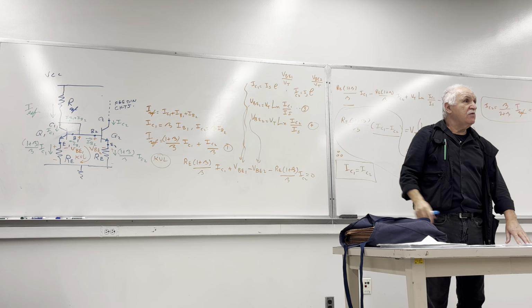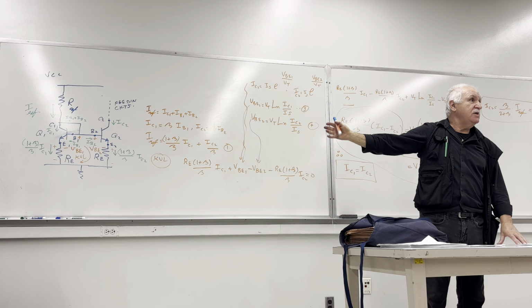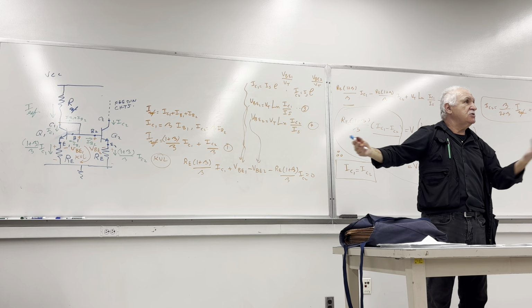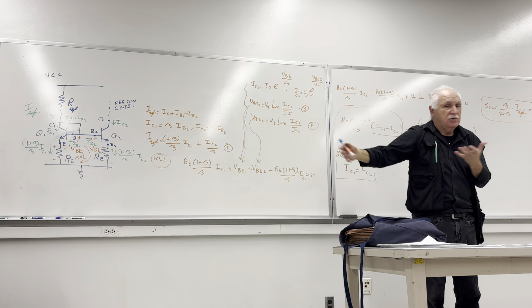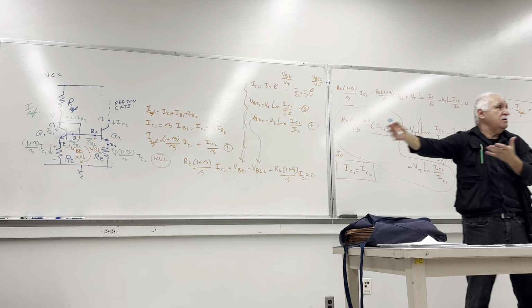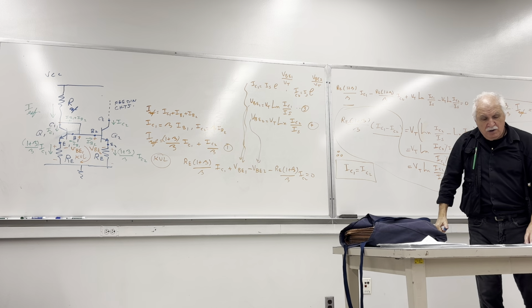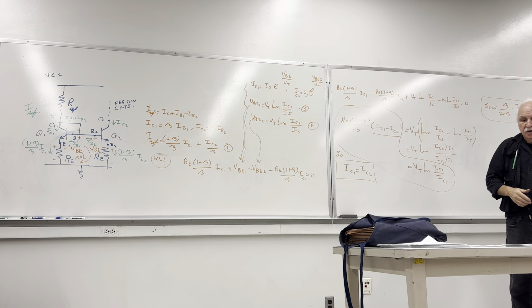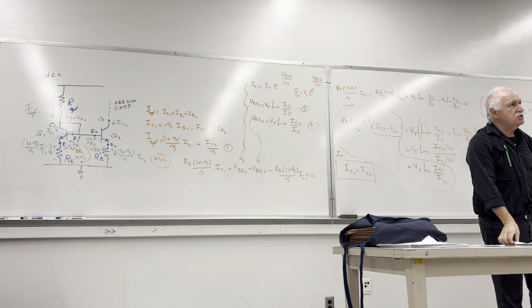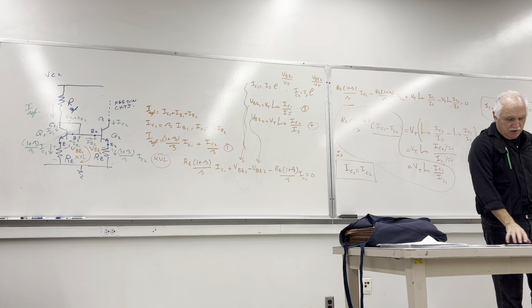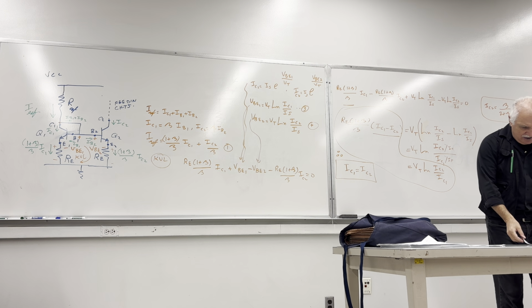Now, what's the point of going through all that complication? If the two currents are the same, what's the point? Because that one was the same thing, currents were identical. Okay, here is the point: it's the dynamic resistance, which is totally different. So in order to calculate the dynamic resistance,